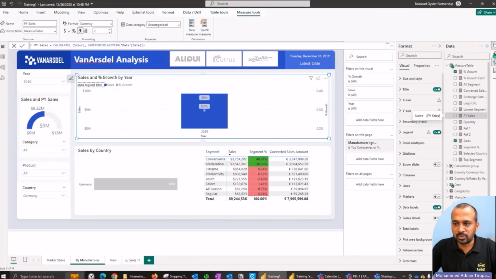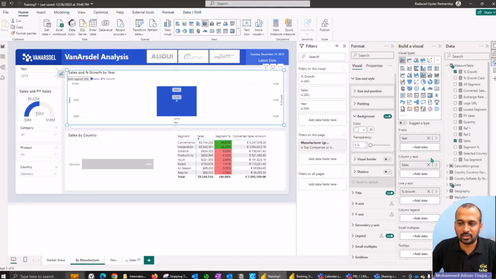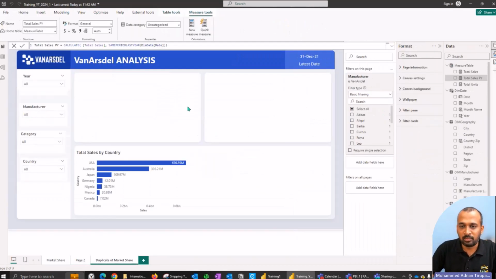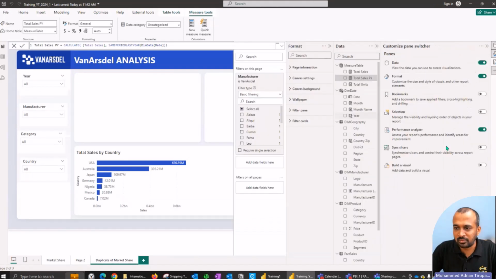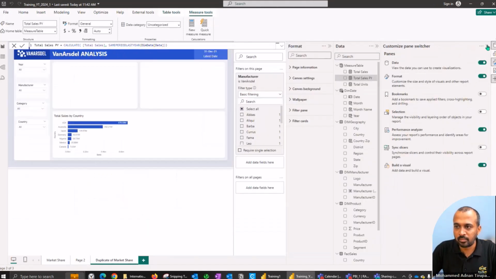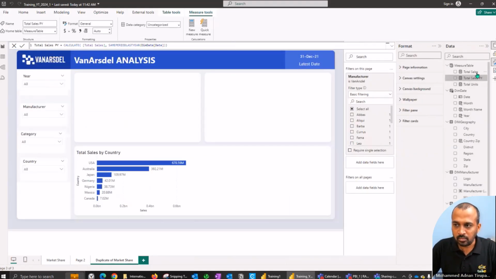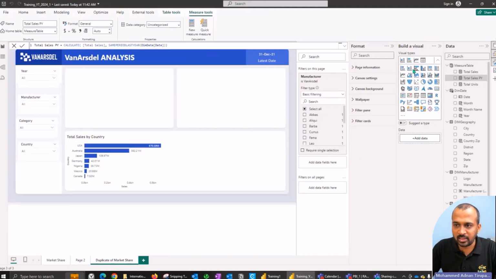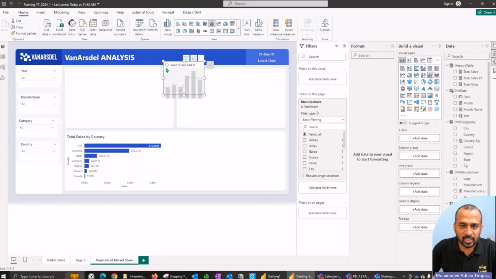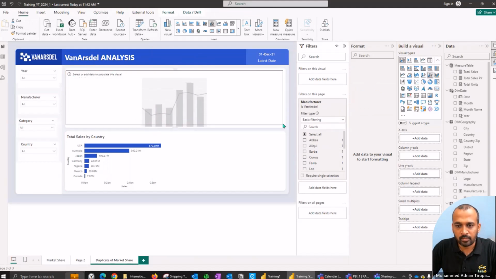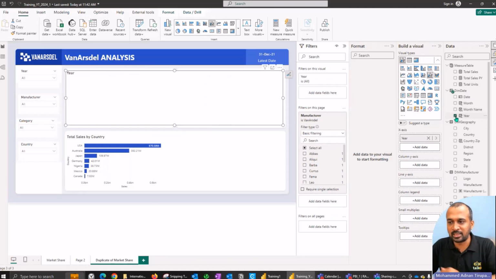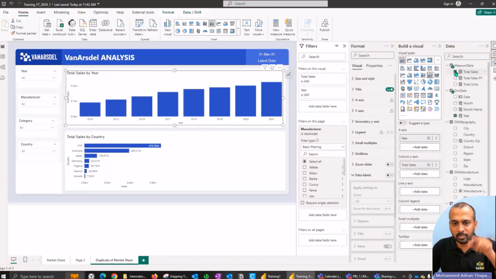So we need to add visuals on this one, which is year, sales, and growth percentage. And we'll do one by one. So we'd like to add a visual here. If I add this one, which is a line and column chart, I'd like to add it here on this page. Okay, so here this has to be year on the x-axis, total sales to be on the bar,